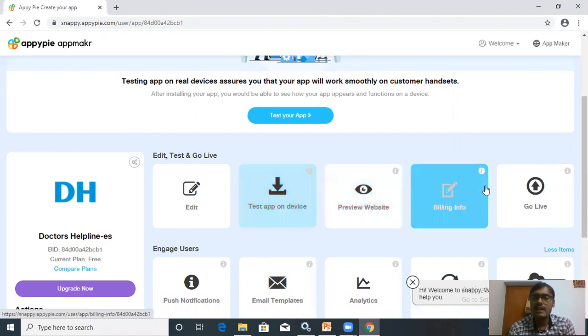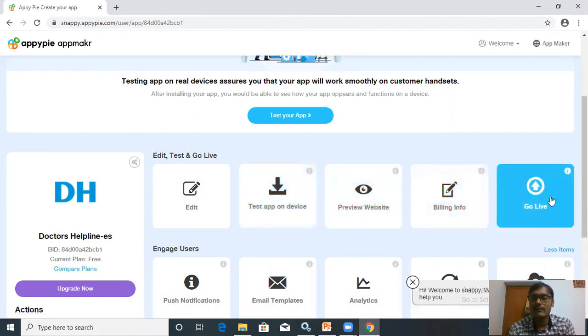Then after testing your app, you have to click on go live, and you can upload your app on Google Play Store. Your app will be available. You can download that app on any device, and then you can use it.